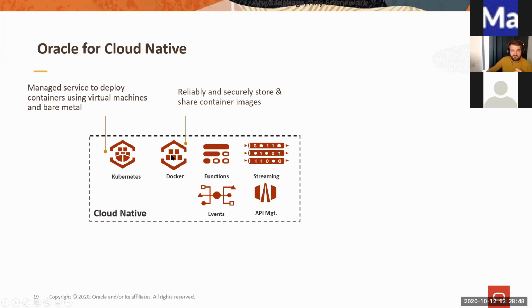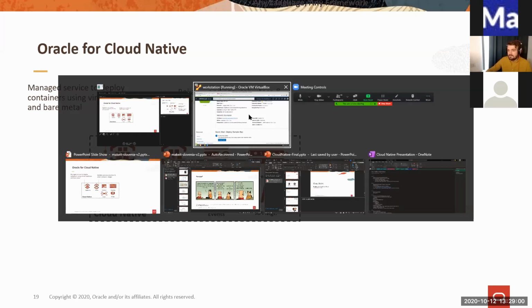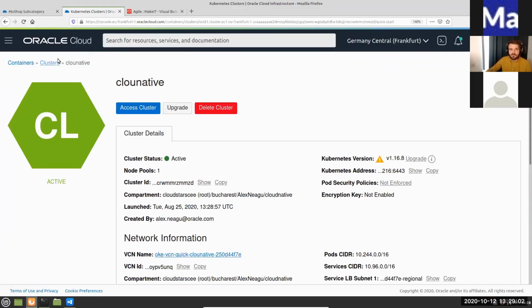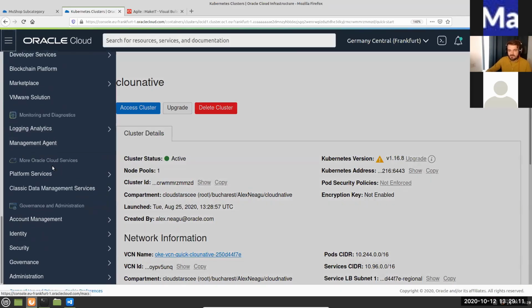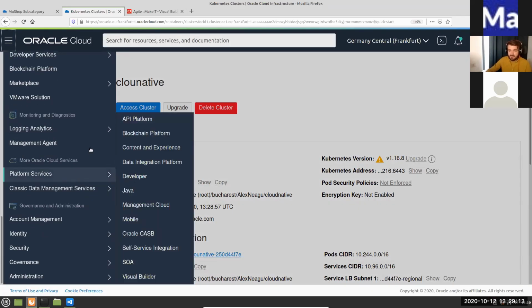The second one, Docker Registry. I was mentioning that we are supporting basically a store where to host your images, right? So your containers can be hosted in Oracle Cloud. And this is very important because when you're going to provision it in your Kubernetes cluster, the data should come in a very quick way, right, from the store itself into production. And we are using object storage, which is highly performant.